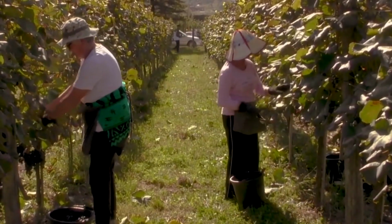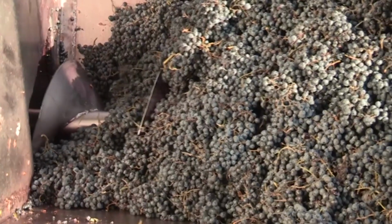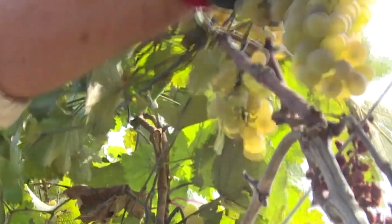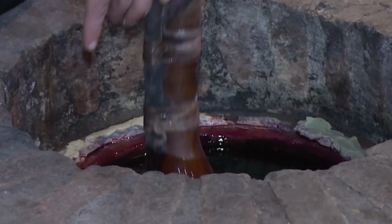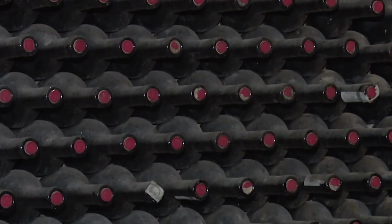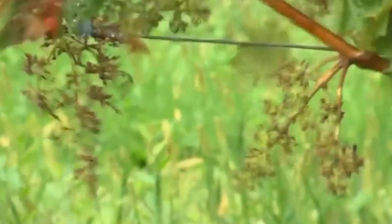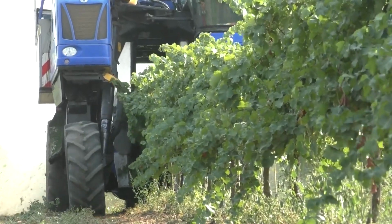However, modern technologies have reached even this conservative market, and not just recently. Of course, when it comes to elite champagne wines, manual labor is essential, and it does affect the price of a bottle of genuine champagne. However, in more straightforward farms in France, Spain, or Chile, grape harvesters have long been used to collect grapes from vast territories. In fact, up to 80% of grape raw materials worldwide are harvested by harvesters, and the technologies keep